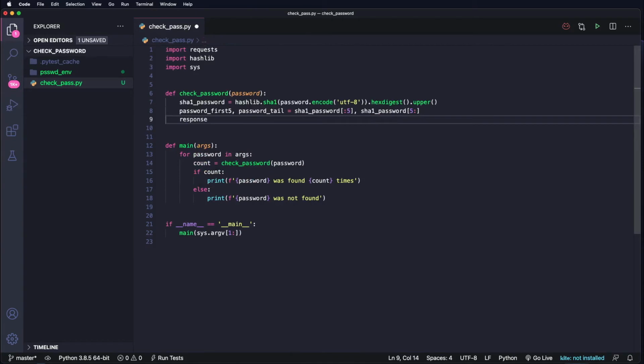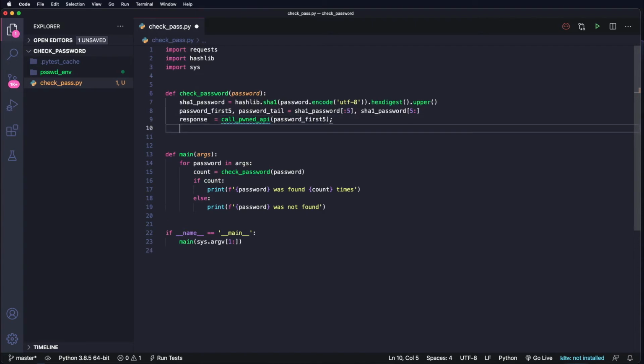Now we need to fetch the response. So we have to say call pwned API. This method we didn't develop yet, we'll develop it immediately, and we're going to pass in the first 5 characters. Cool. And what we want to return, actually, is how many times our password has been found. So it's not just the response we're going to return,